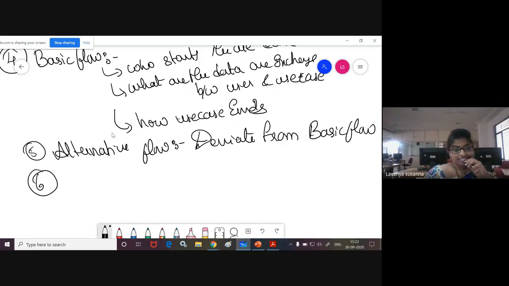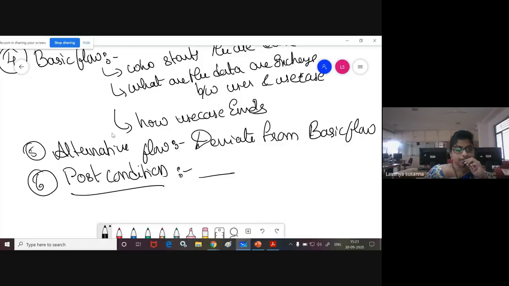Okay, see, post condition. When this is executed, what do you need to specify here? The condition which is met after the use case is completed.